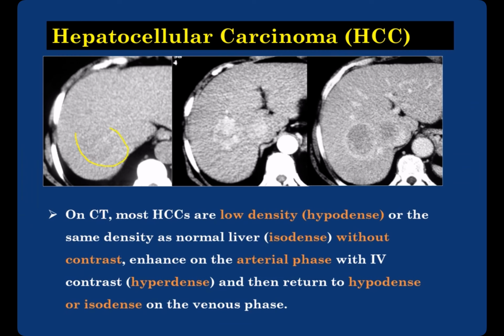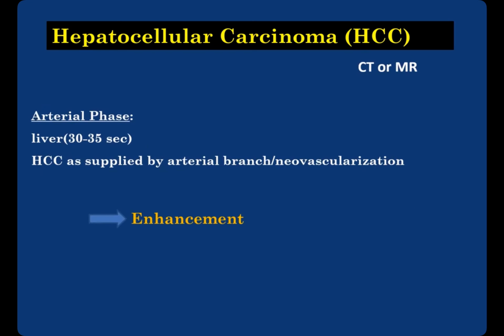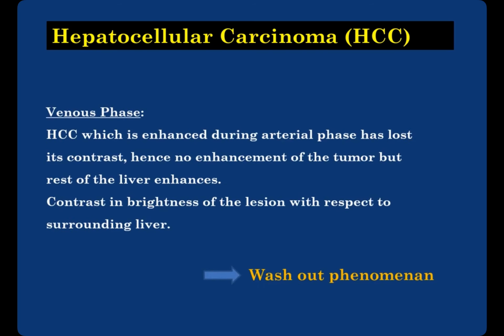enhanced on the arterial phase with full contrast, usually hyperdense, and then return to hypodense or isodense on the venous phase. Here is a typical example of HCC: isodense on unenhanced images, hyperdense in arterial phase and hypodense in venous phase. So we can see an enhancement of the HCC in the arterial phase, and also a wash-out phenomenon of the HCC in venous phase,